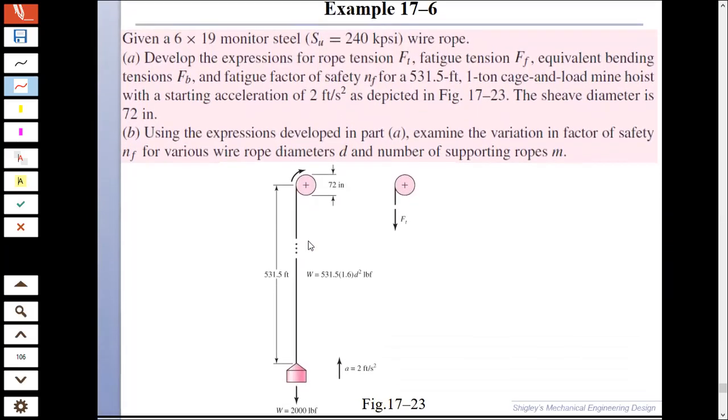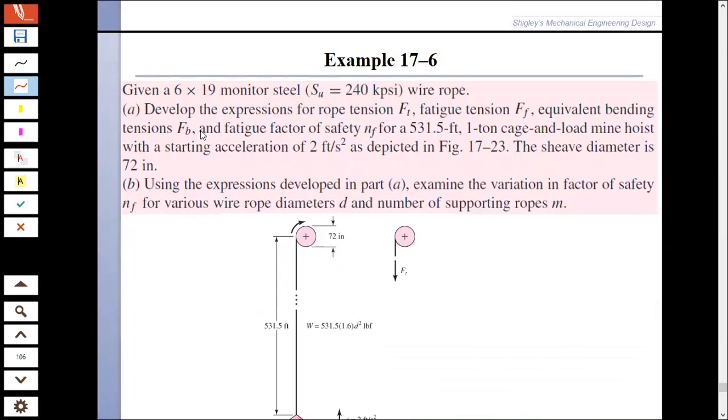If you look at this problem, it says that given a 6x19 monitor steel wire rope with ultimate strength 240 kpsi, develop an expression for rope tension F_t. So you have to find an equation for F_t, fatigue tension F_f, equivalent bending tension F_b, which we have just derived, and fatigue factor of safety N_f,